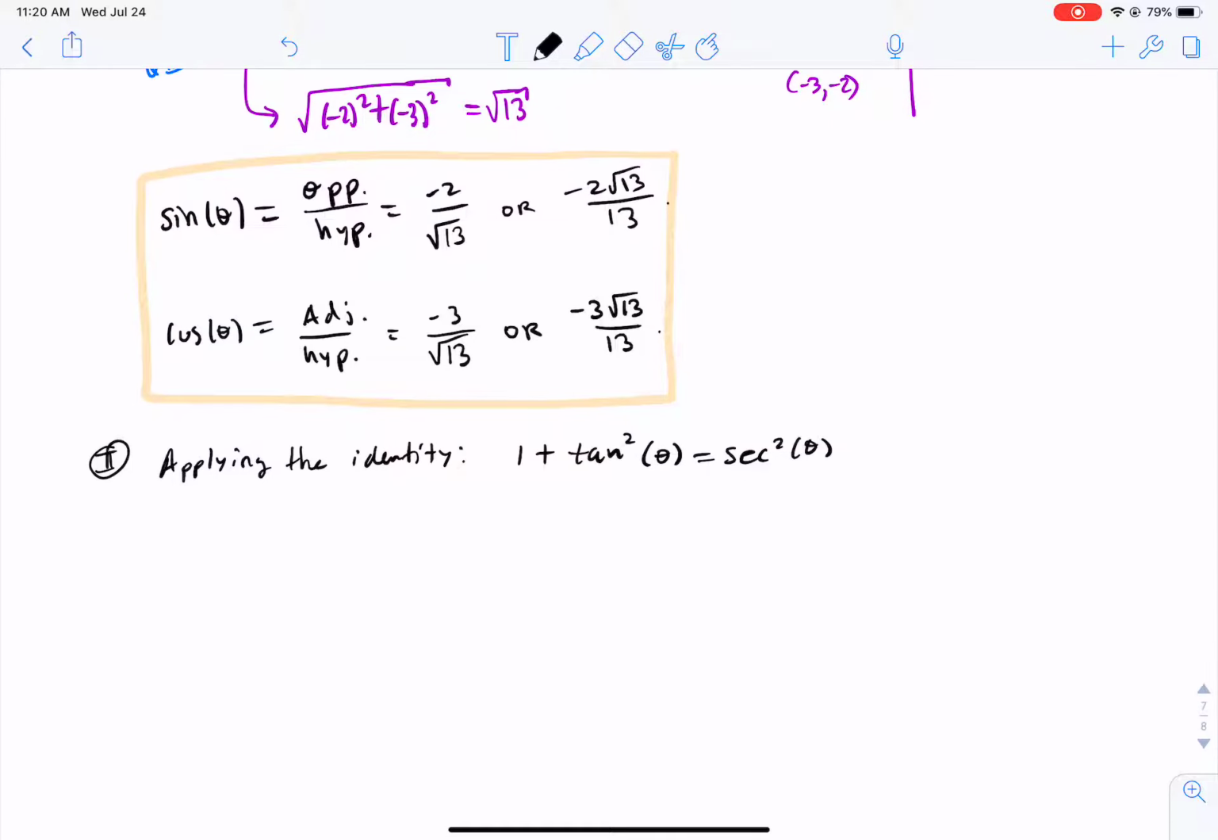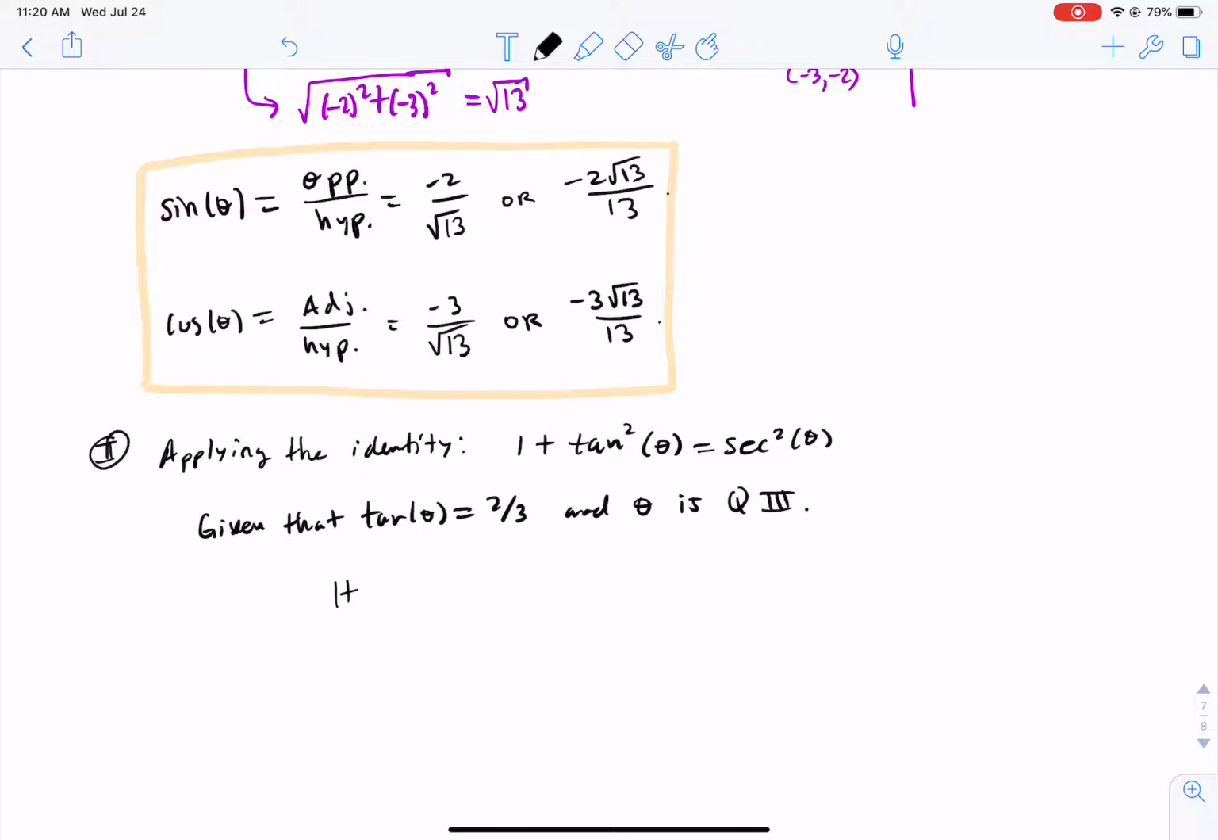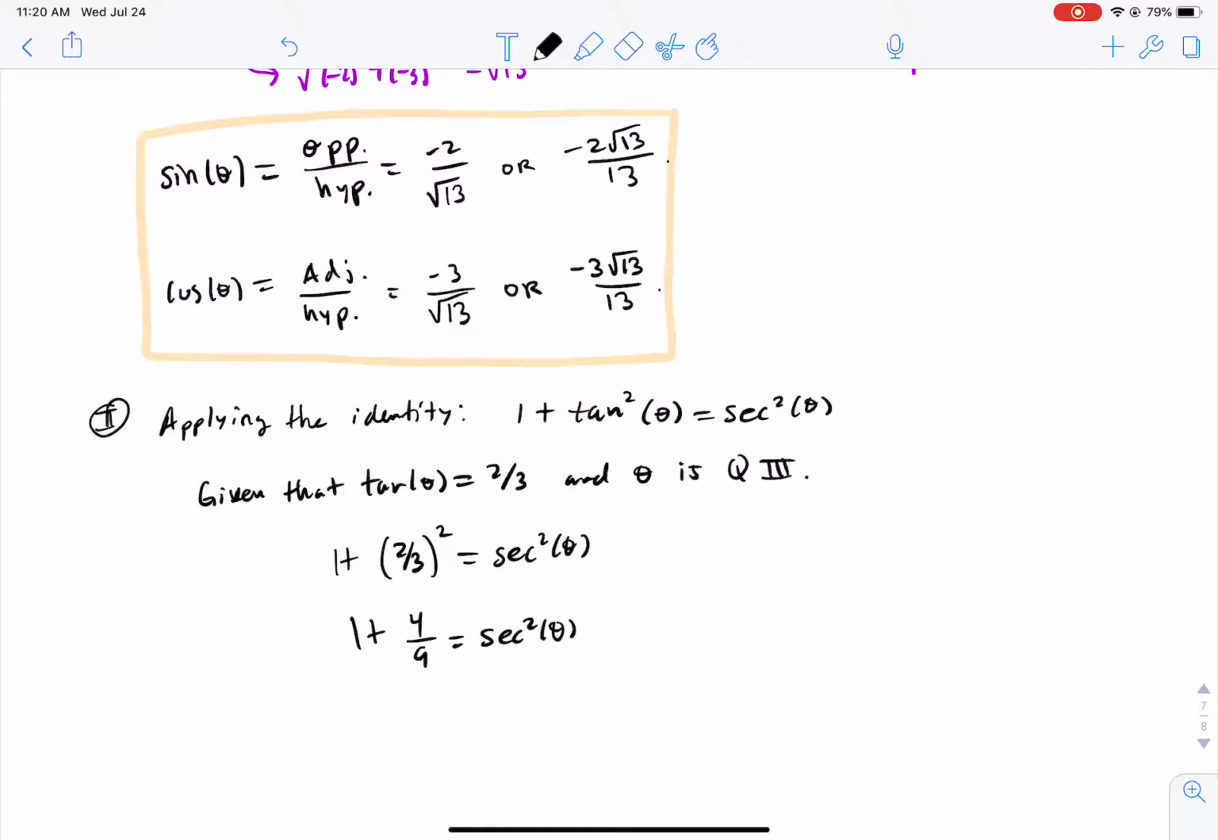So we are given that tangent theta is equal to 2 over 3, and theta is in quadrant 3. Two things, right? So we have 1 plus tangent squared equals secant squared. What do we know about tangent? Tangent is 2 over 3, so we're going to have 1 plus 4 over 9 equals secant squared theta. So what is this going to be? 13 over 9, equals